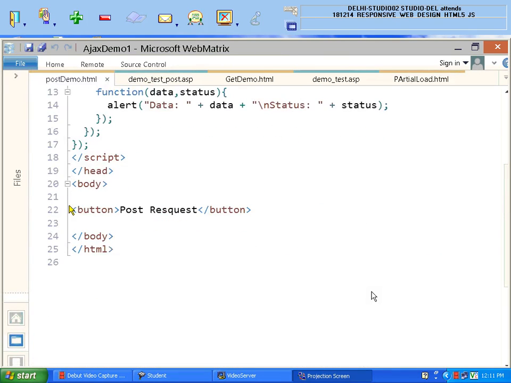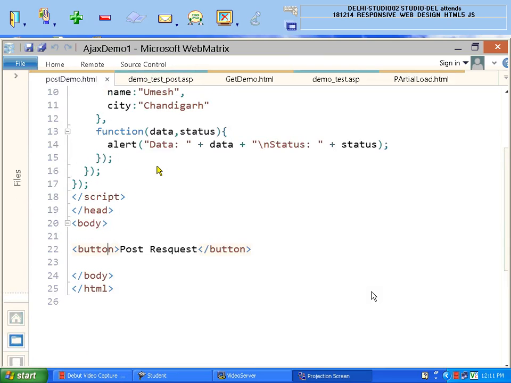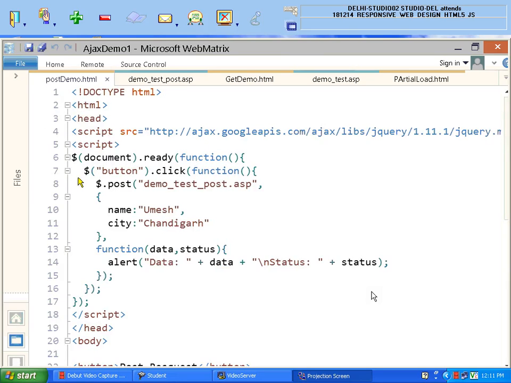This is my button. Okay, I want that when I click on this button, the event will fire, and I use .post. It means I want to send the data to a web page whose name is demo_test_post.asp. So this is the name of my page, demo_test_post.asp.